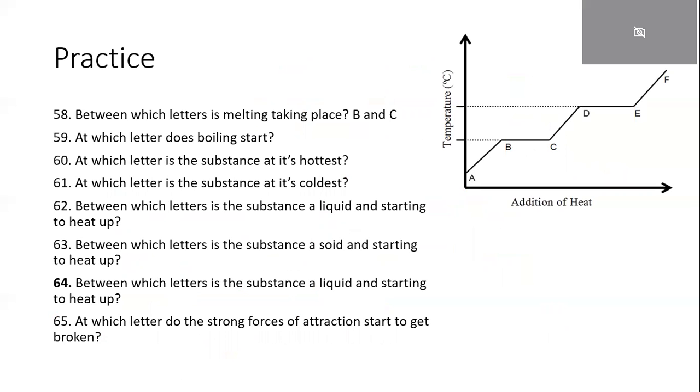Question 58 says, between which letters is melting taking place? So on the graph, I can see that between B and C, the temperature has stopped changing. We've got the flat part of the graph. That means the forces of attraction are being broken and a state change is happening. So this is melting, changing from a solid to a liquid. So you guys should be able to answer the rest of these questions now in your practice copy,